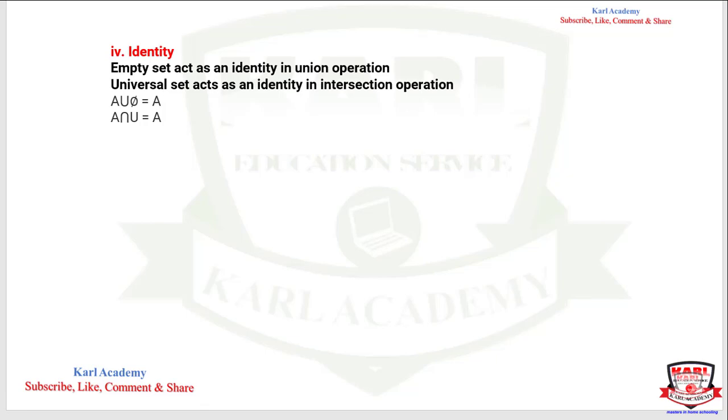Welcome to this part where we are still working on set properties. In this part we are covering the identity property of a set. In the identity property of a set, we say that the empty set acts as an identity in a union operation. In a union operation, we take the empty set as an identity, whereby we are saying that now A union empty